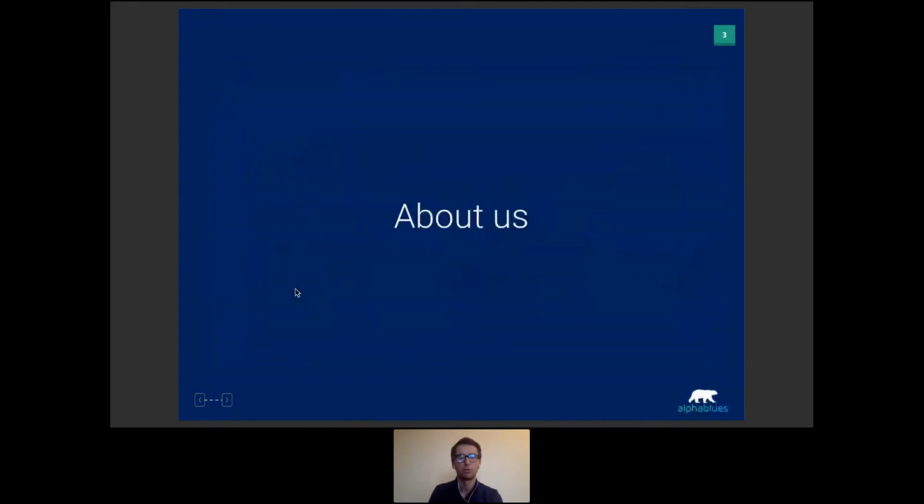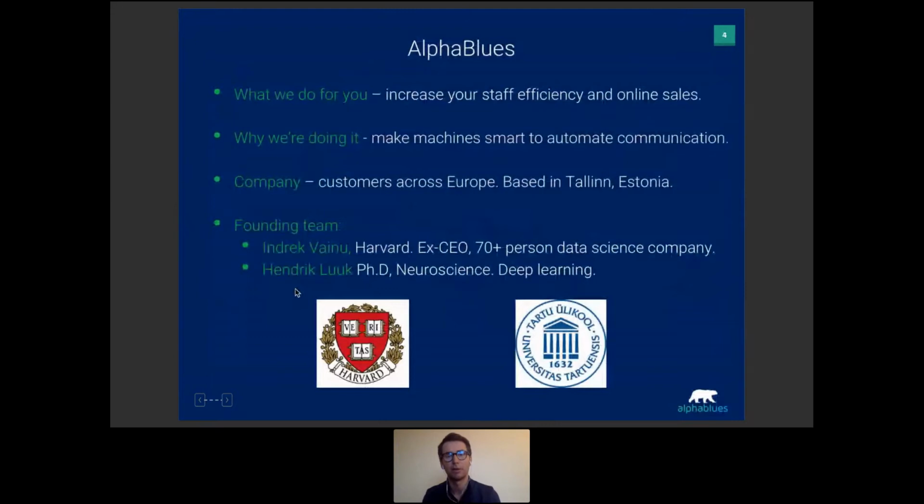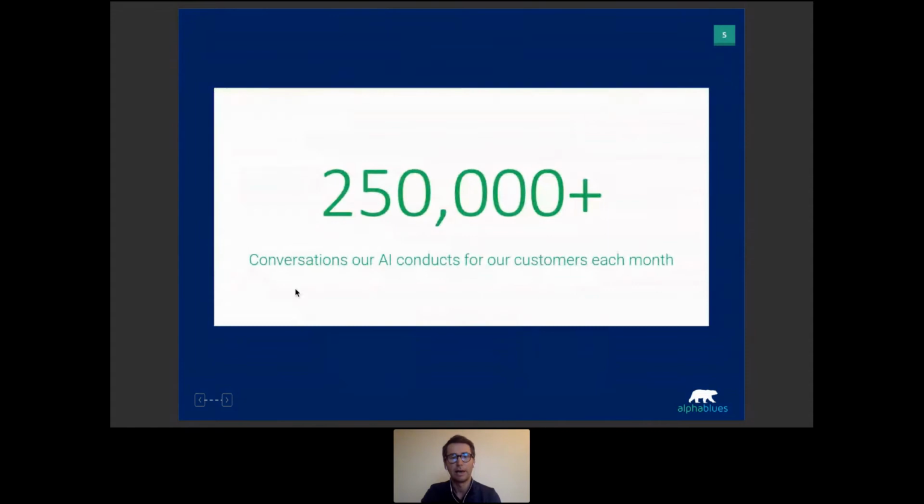About us as a company, we've been operational for a few years, and our sole focus is chat automation. What we're doing is enabling companies and bringing them to the messaging era. There's a ton of people today that are using things like Messenger and WhatsApp. They want to communicate with businesses through chat, and so we bring companies to the world of chat for their customers. As of now, the bots we have are doing more than 250,000 conversations with customers each month. So we have a wealth of experience in building bots at scale.